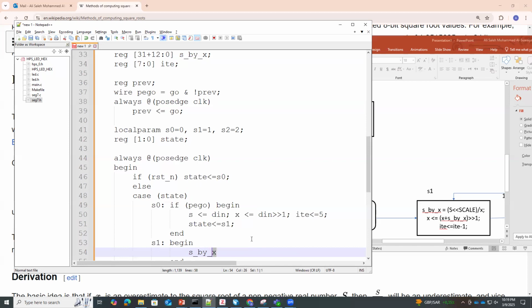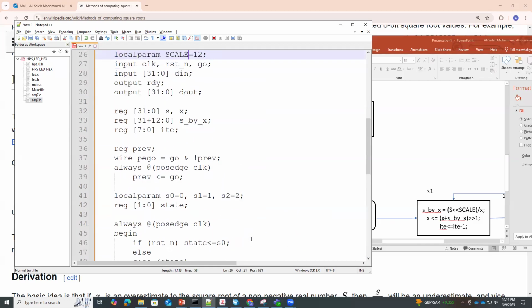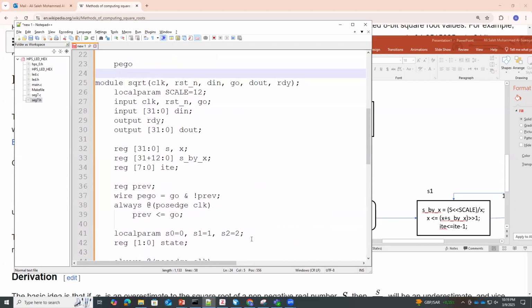I have to do it inside of an assign statement, right? So I have my module here, and inside my module, somewhere, I can insert it anywhere I like. Let's say after